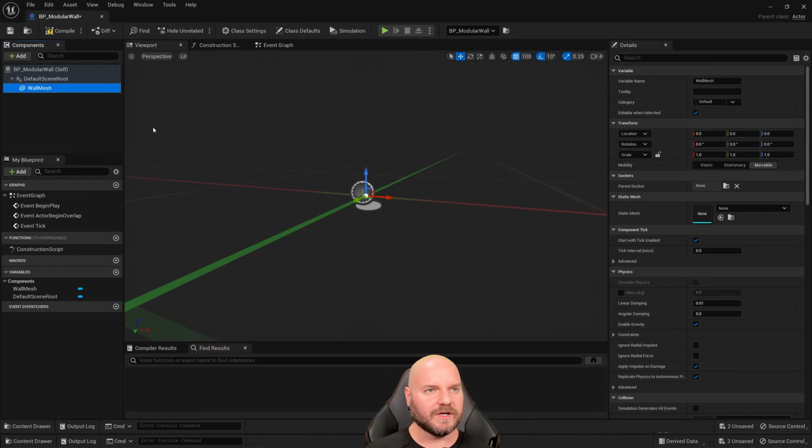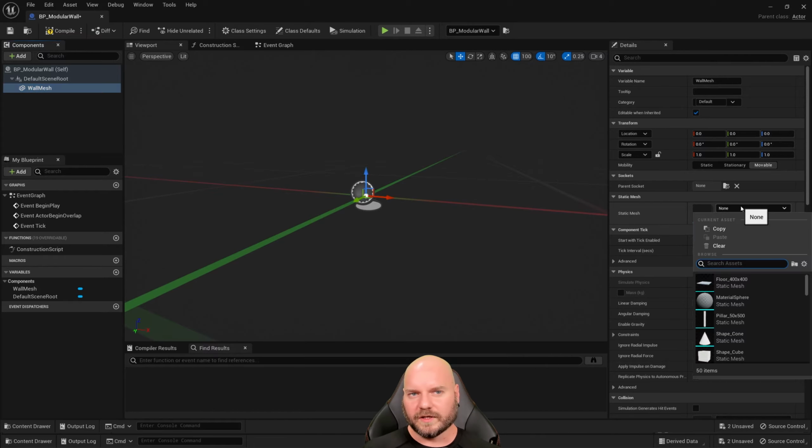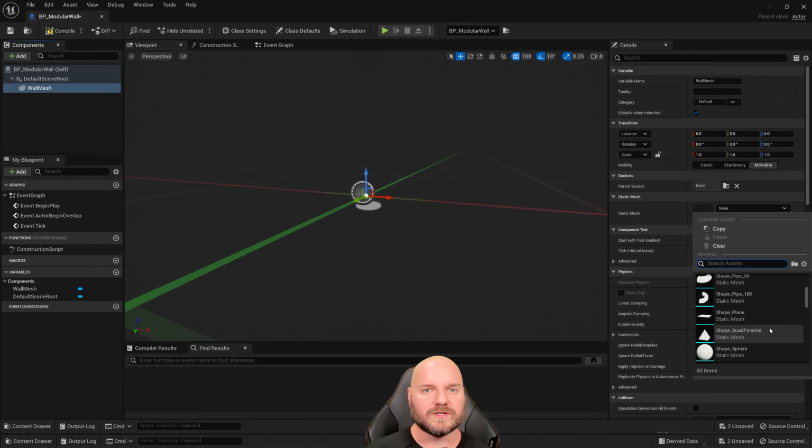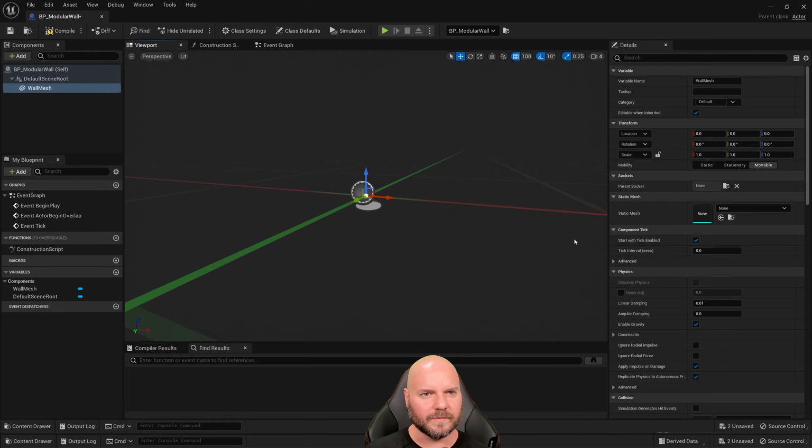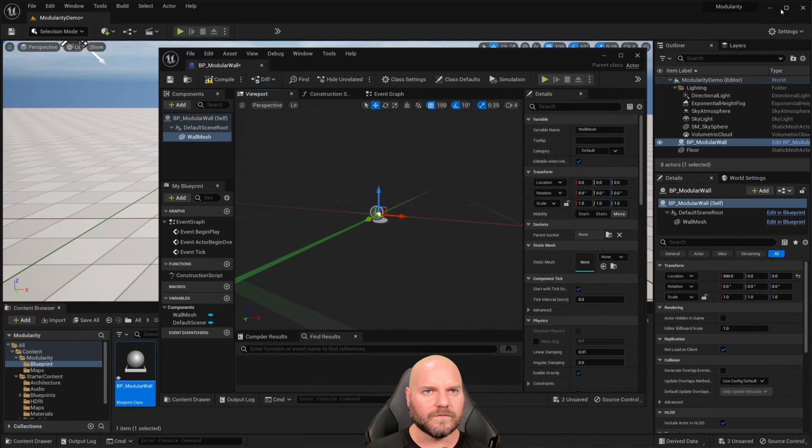Now we have this mesh here, but currently there is nothing in it. And if we look over here on the details side, and we find the static mesh section, we'll see static mesh, and currently it is set to none. If we were to click on this drop down, we can see all the different static meshes in this project that we could assign to this, but that can be a little bit cumbersome. So for now, let's